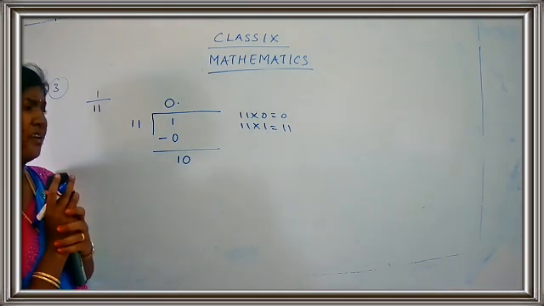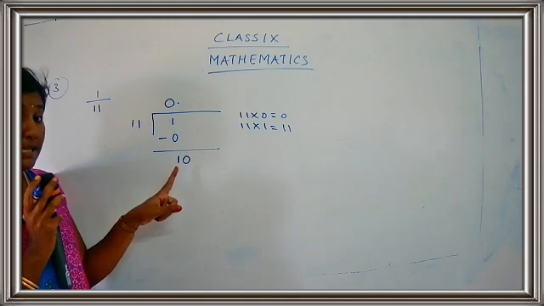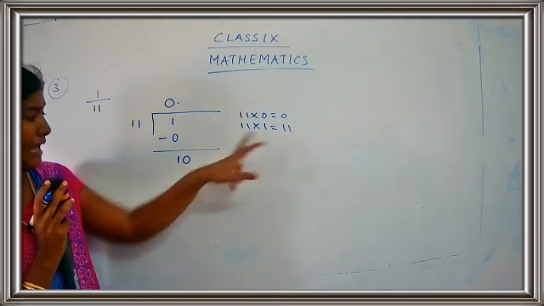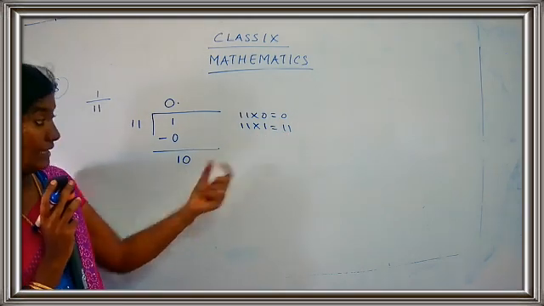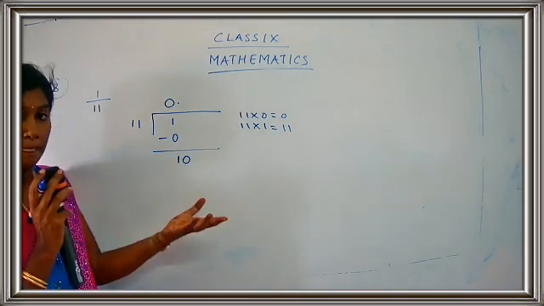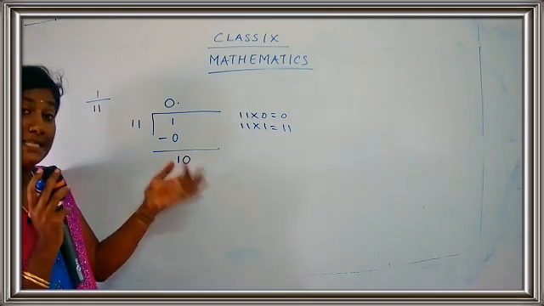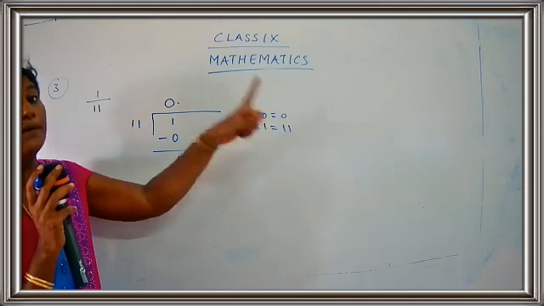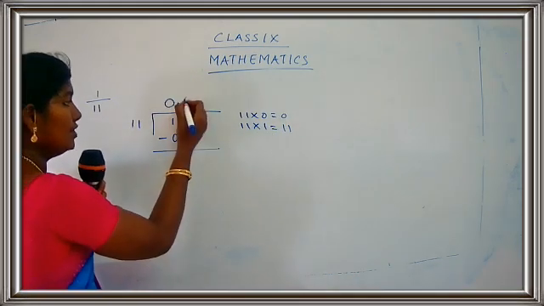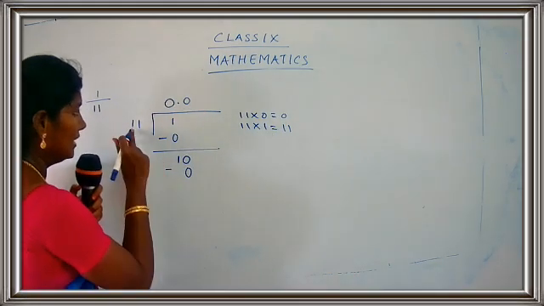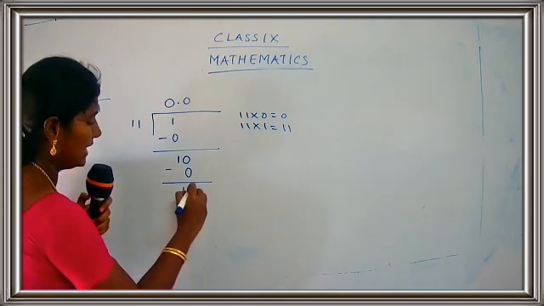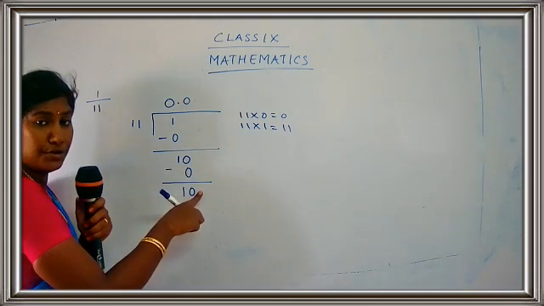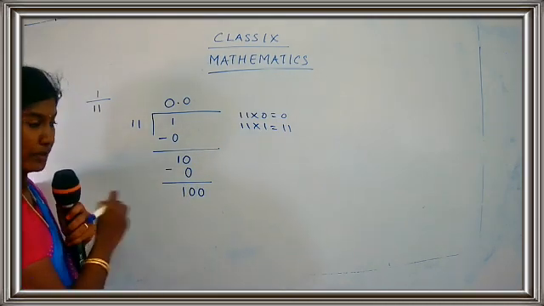10. Now the number is 10. Is the number 10 a multiple of 11? No, I don't have the number 10. The 10 is less than 11. Getting my point, children? So which number are you going to choose again? You're going to choose the number 0 again. 11 zeros are 0. I get 10. Now what I'm going to do? Again I'm going to add a 0 here. 11.